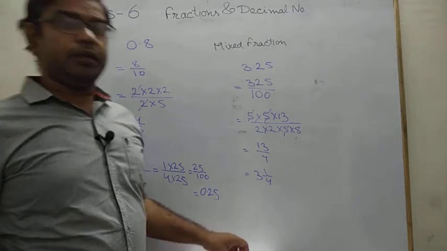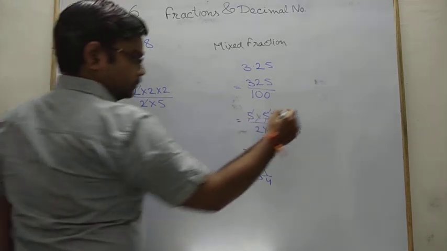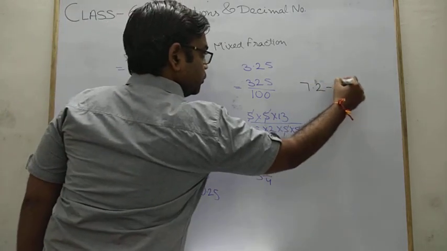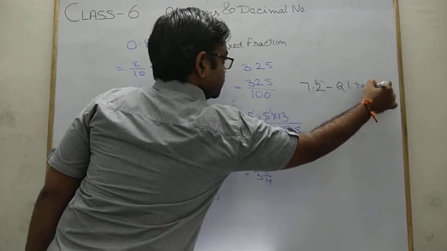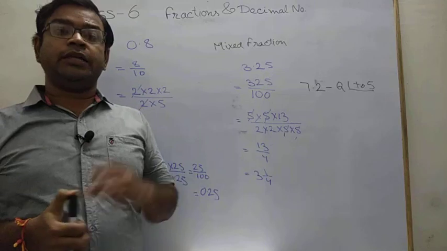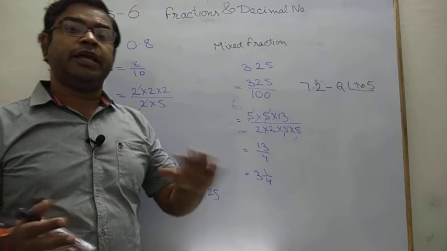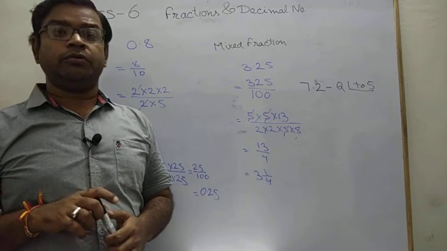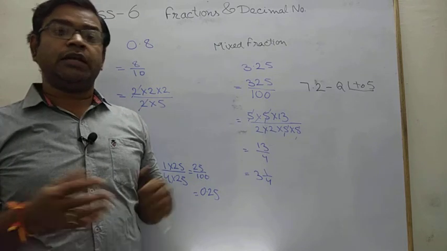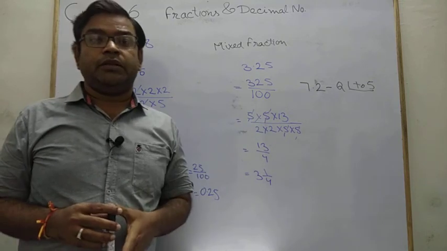Now that's all for today. All of you try to solve up to question number 5. I think it is 7b, we are discussing 7.2, question number 1 to question number 5. You have to solve this one. Today I am not going to give you any task, but you must remember that in between any of the videos I may give you some task and you have to solve it. It may be a question, maybe anything else, because what I am observing is that you people are not viewing the video completely. That's all for today. Thank you.